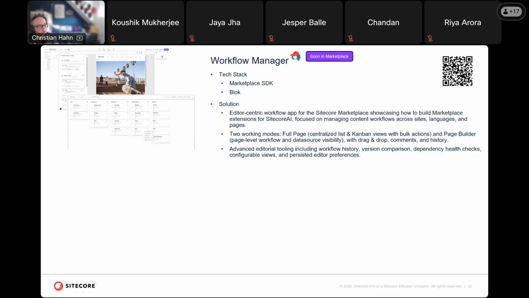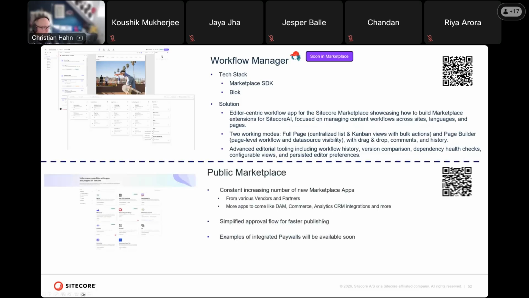This comes with additional capabilities like versioning, version comparison, health checks, kind of an open in pages tool, all of these capabilities together with a page builder left-hand side integration to also deep dive into your workflow. Last but not least, I wanted to give you the heads up to the public marketplace